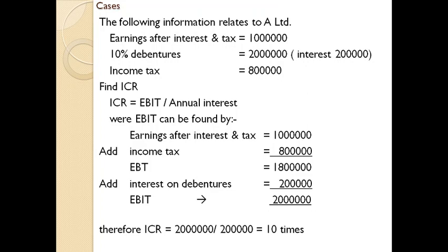Okay, here interest coverage ratio is 10 times. It indicates that the company's operating profit is 10 times of the annual interest payable. Debenture holders can reasonably expect payment of interest in time. This shows the ability of the company to service the debt in highly satisfactory manner. So after finding out the value or ratio or scale like this, you need to make a short interpretation regarding your answer and findings.